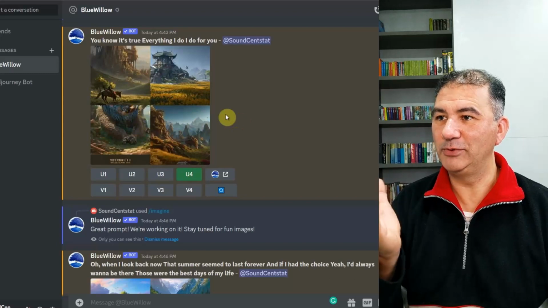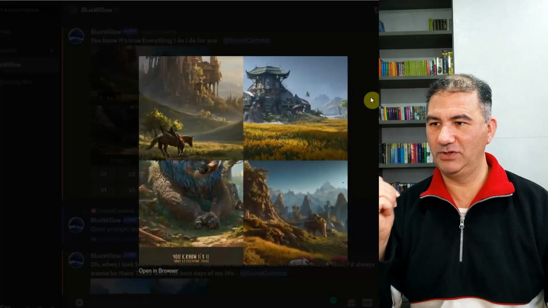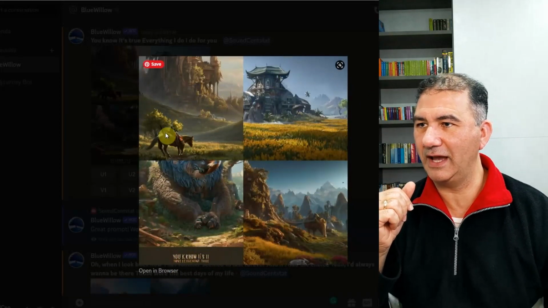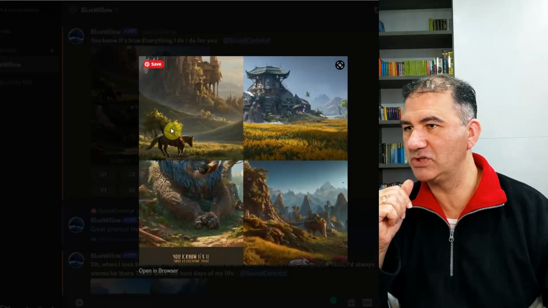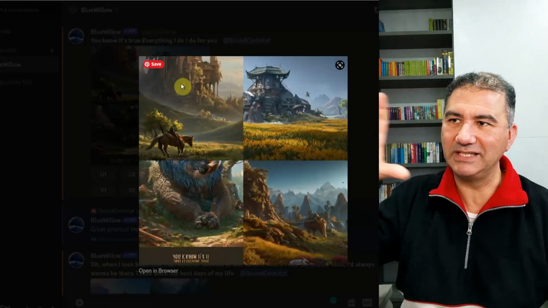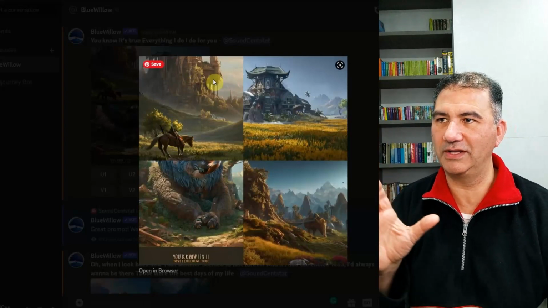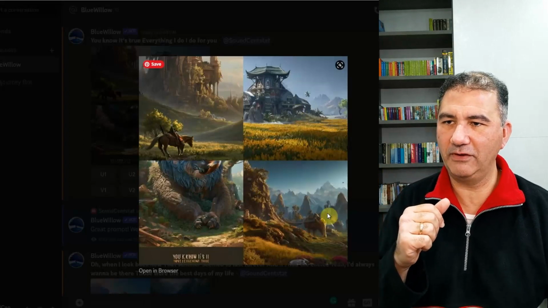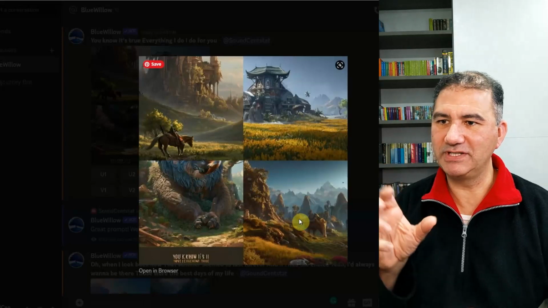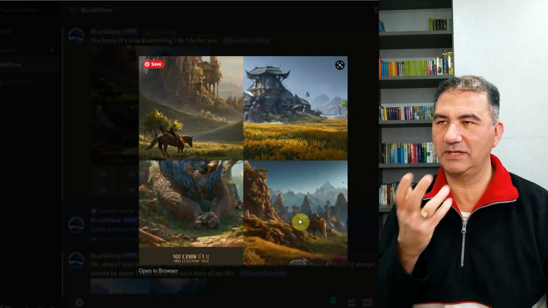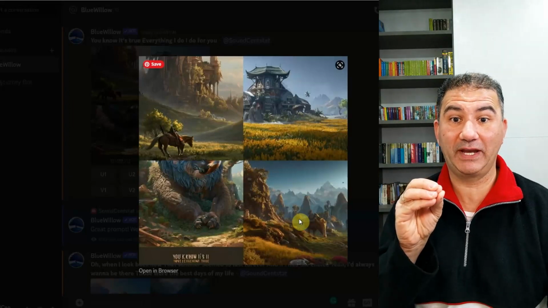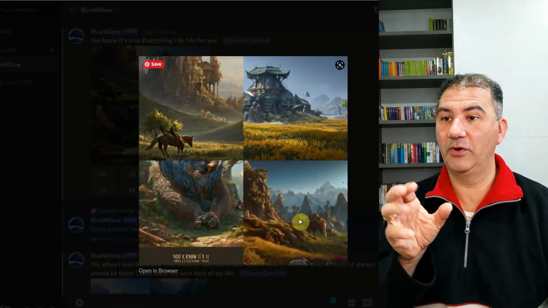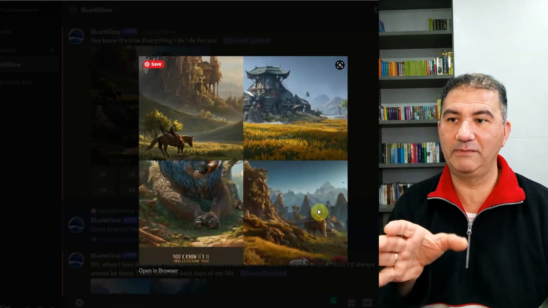And as you can see here, Blue Willow came back with 4 really amazing images over here. I don't know so much about this one over here, but if you look at this one, we've got a guy on horseback, although there isn't much in terms of a head, but the landscape that this horse is actually walking on is very, very prehistoric, very alien too as well. As was the case with this one, we've got a very prehistoric, mountainous landscape here too as well, which I thought to myself, wow, if this is what we were getting with the first phrase, the first experimentation that we're doing, we're in for a real treat here. And so I thought to myself, yep, this is definitely an image that I want to keep.